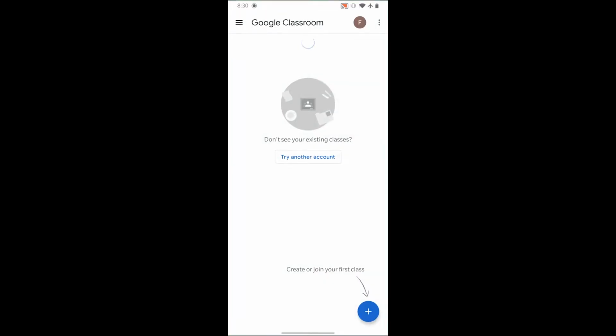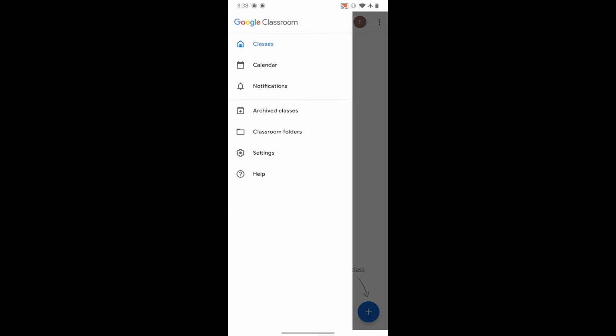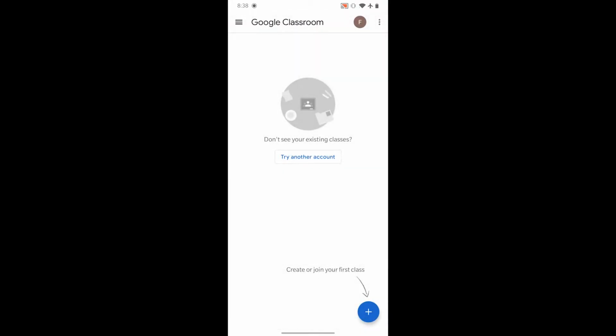Select the account that you want to create a classroom with. Once you have signed in with your account, this is the interface that you can see. The button over here shows you the menu of the Google Classroom. I'll get back to it later. First, let's see how to create a class.